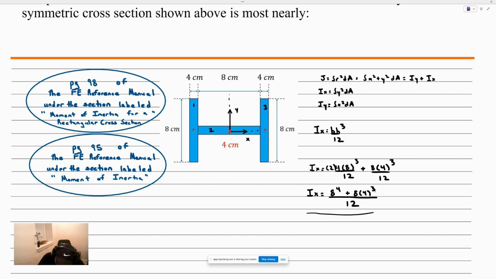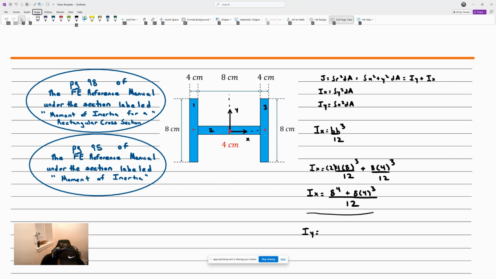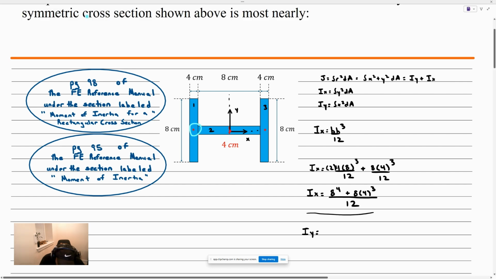Next, we need what Iy is. If we went ahead and gone with the same shape selection, you can see that none of the centroids are aligned with the y-axis. We have this centroid over here, which has a distance d away from the y-axis. What that means for us is that we're going to have to use the parallel axis theorem. We want to save as much time as we can, so let's pick different shapes such that the y-axis is always aligned with our shape selection. Let's instead go with,